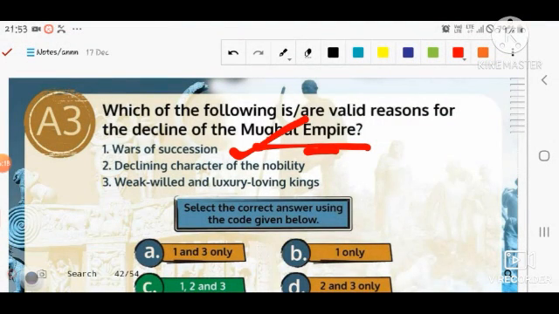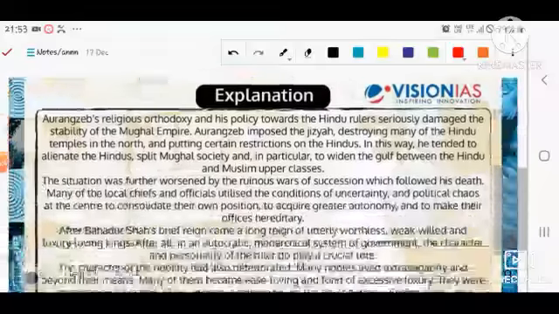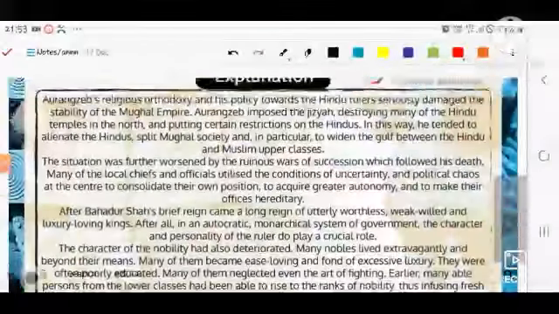The later Mughal emperors were luxury-loving kings. That is the first thing. The second thing is that many factions developed. For example, the Sayyid brothers, the kingmakers, you have listened about in your history classes. The war of succession will always be there, because the faction groups favor one king and disfavor another king. So there is always a power struggle in the court, particularly after Aurangzeb. So all three are correct.